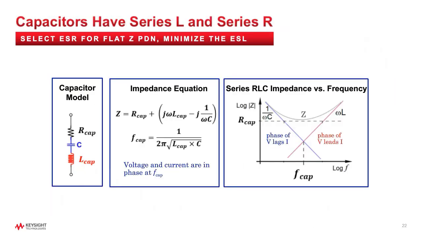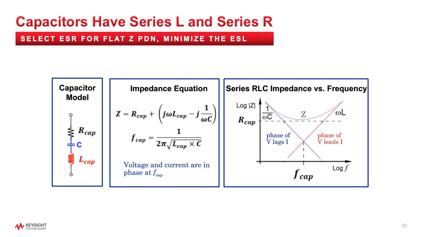It would be great if an ideal capacitor existed, but in reality, one gets a series inductor and a resistor free of charge. The impedance of the capacitor is better defined by the sum of this series parasitic resistance plus j omega times the parasitic series inductance plus 1 over j omega times the capacitance.